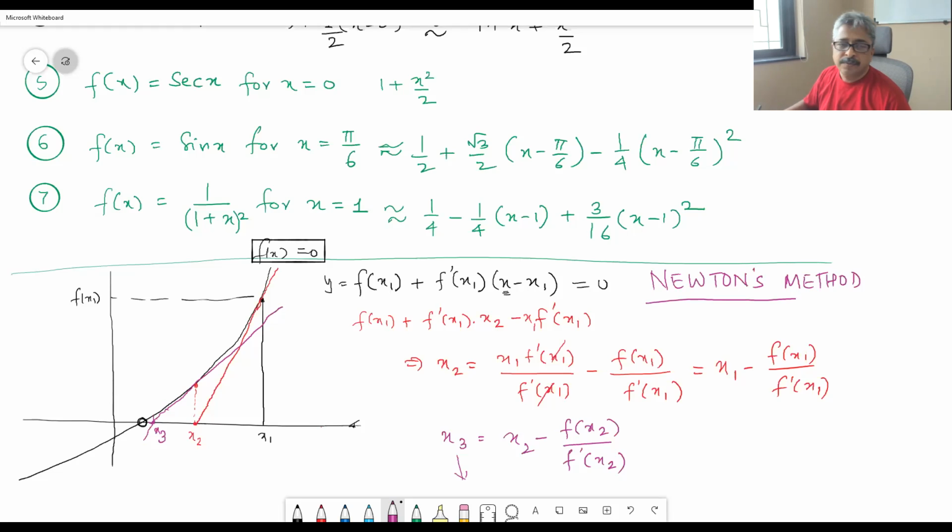Now, no matter what this function is, of course, it has to be well behaved. And I will explain the cases where this method will fail. But in the majority of cases, it works. It is said that solving a quadratic is easy. For the cubic, people have developed formulae. Solving the fourth degree was also possible in earlier days. But there were no methods to solve equations of degree higher than 4. And people used to struggle to get the values of the roots, the values of x where the function becomes 0.